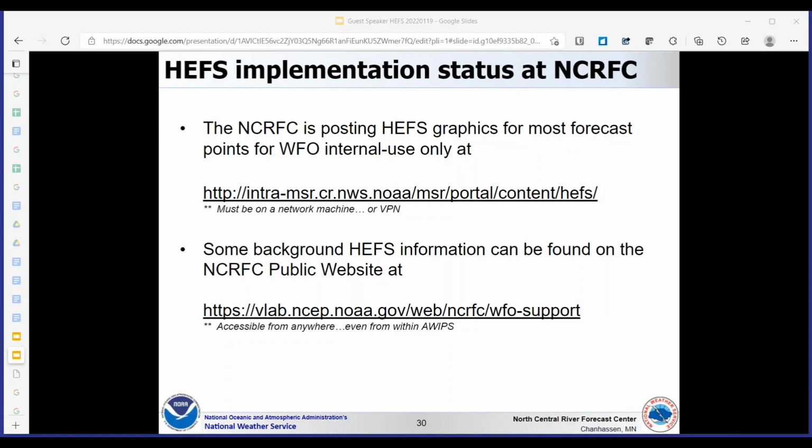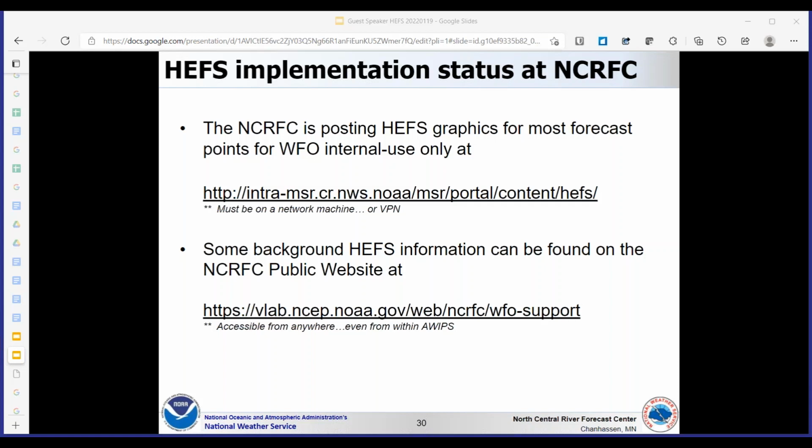I just want to give you an update as to the status of implementation at the North Central RFC. We are actually generating these graphics for virtually all of our forecast points for WFO internal use only on our internet page. And we've been doing this since early last summer.